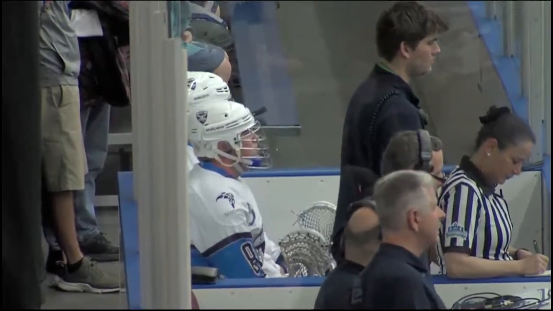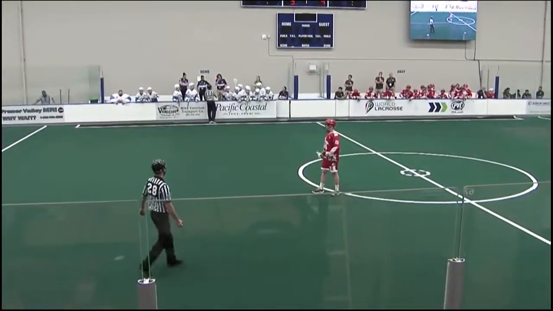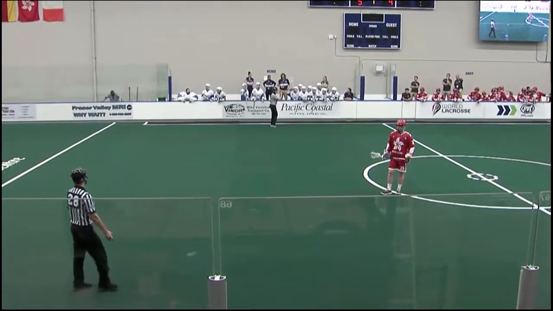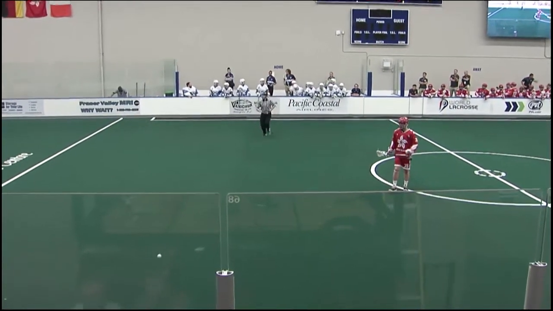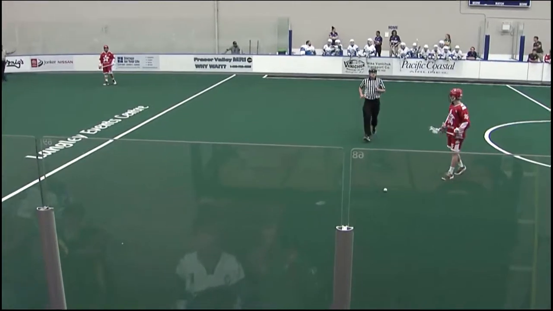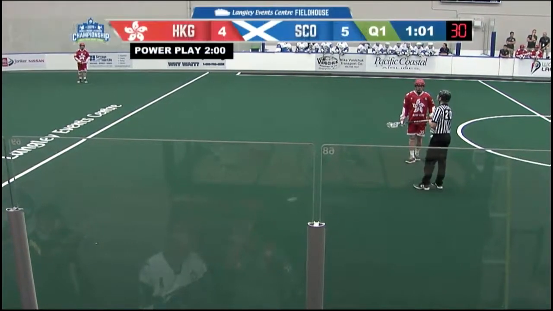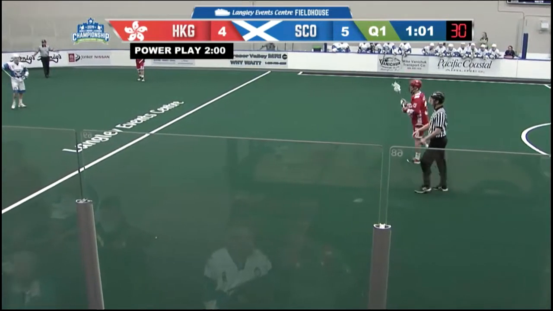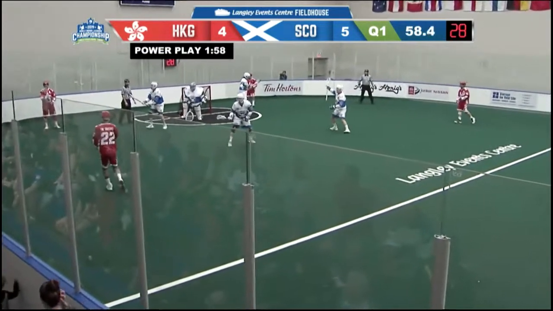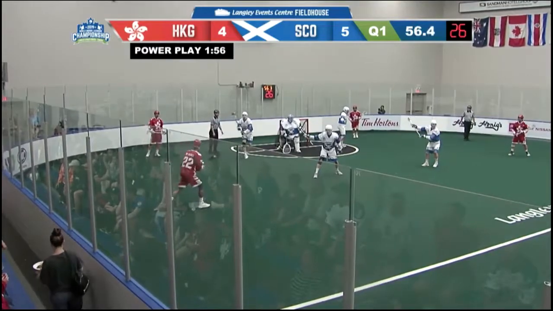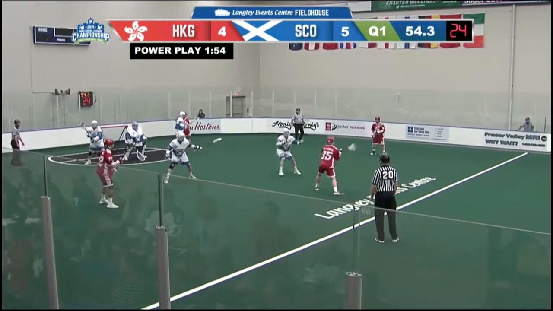As Team Scotland needing an extra in the box, they are giving Hong Kong a power play here. Short pause between the first and the second quarter. As we are into the final minute of this first quarter, Hong Kong with possession and